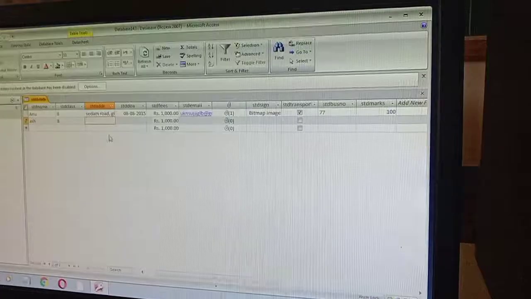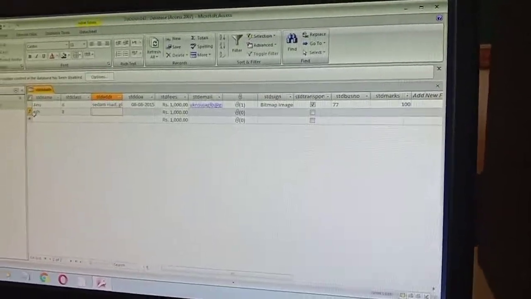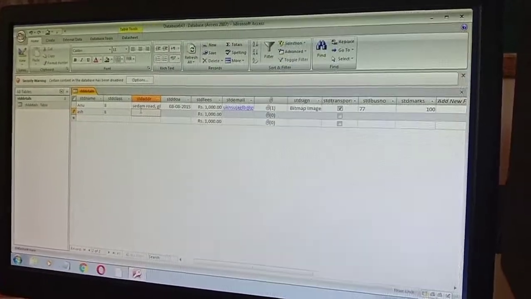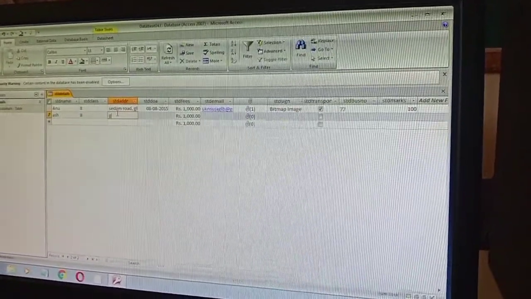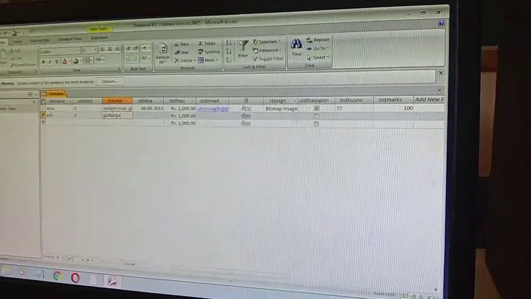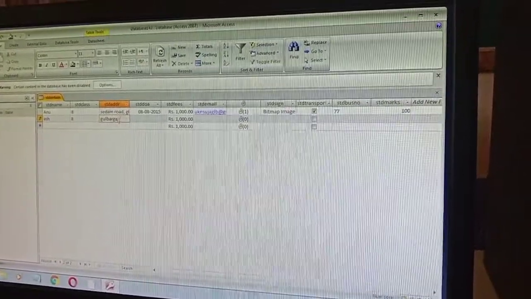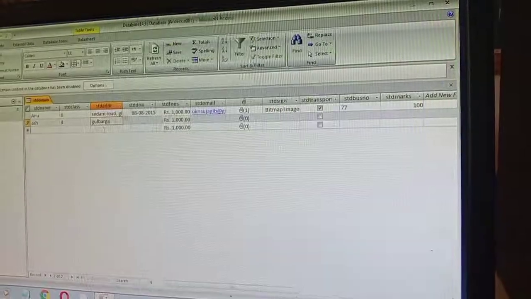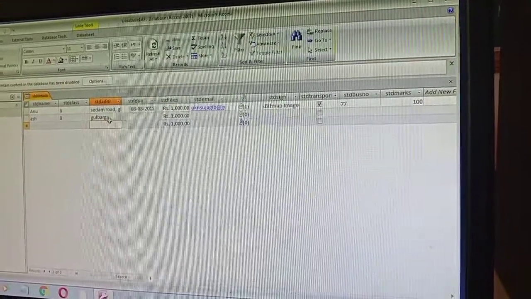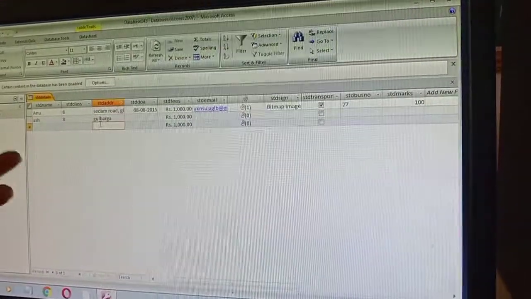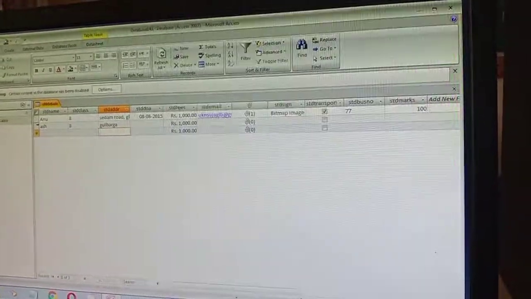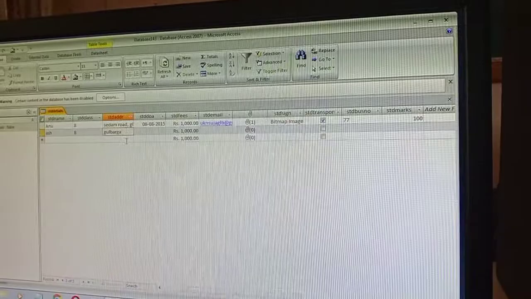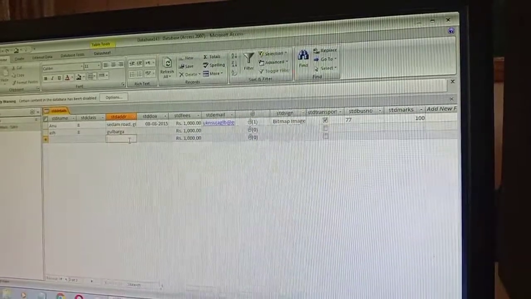Type the information in the field. A pencil icon is there. It is in edit mode now. You can type the information as per your requirement. If you want to extend the name or make any changes, you can do this. See, once you have come out of that record, it will not show the pencil. That means the pencil icon indicates that you are in edit mode. I hope it is clear to you.